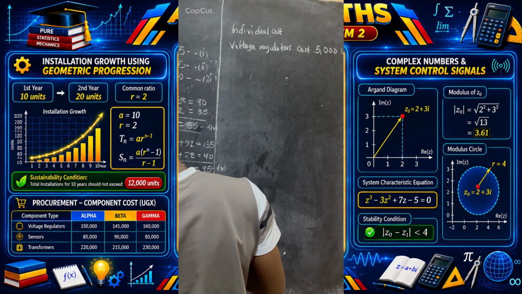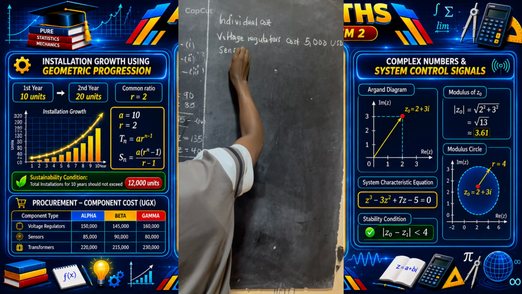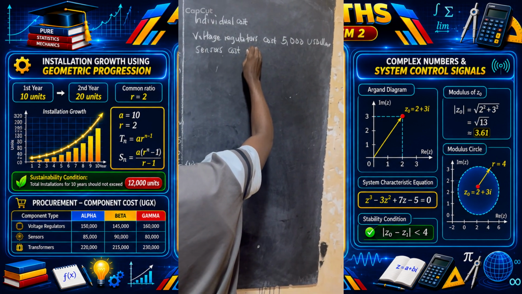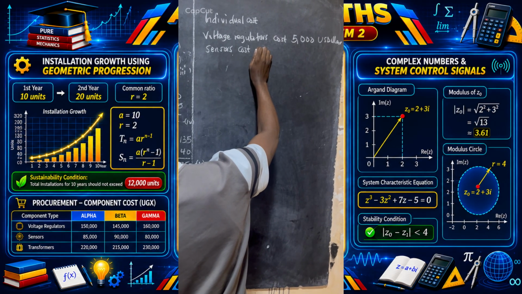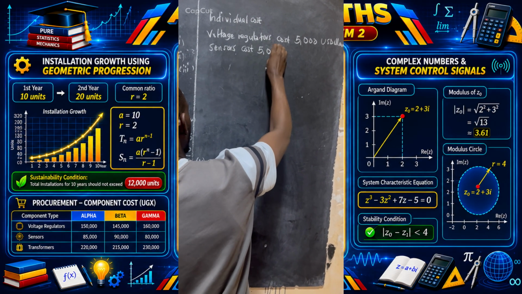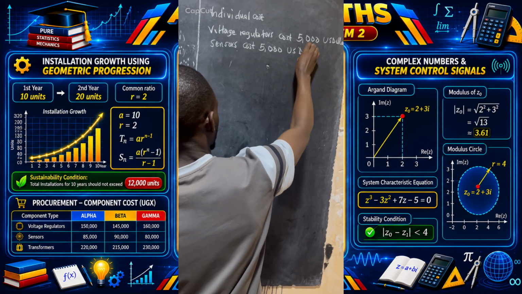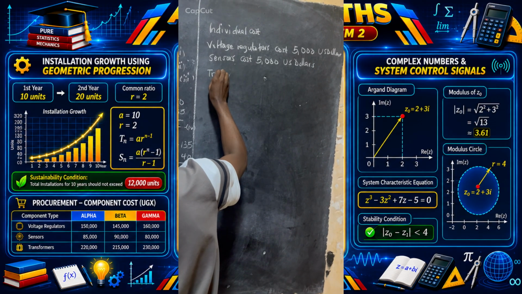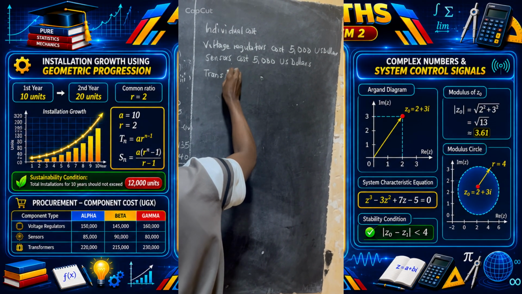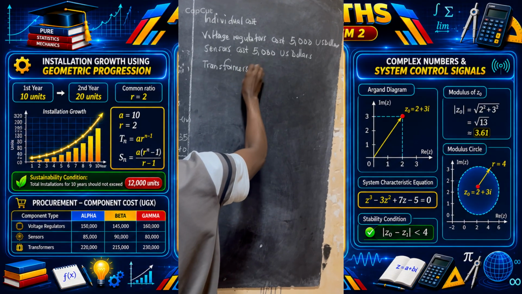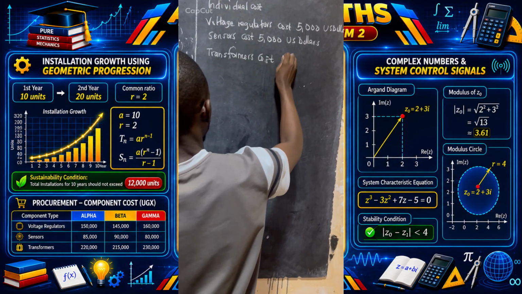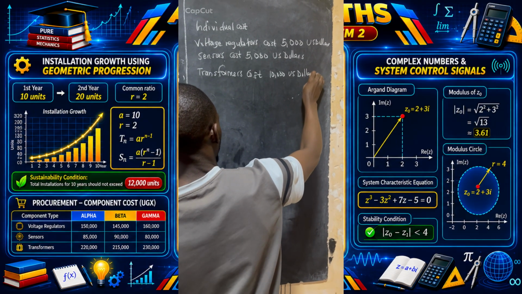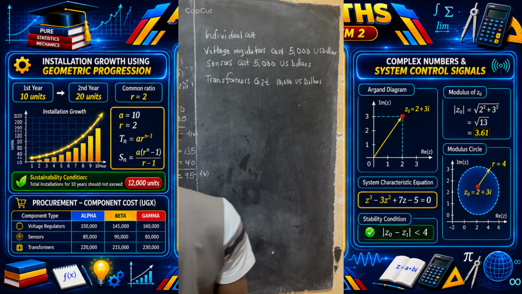Then we go to the sensors, the cost of sensors. Sensors are Y, and we are saying Y is also 5, but it is in 1,000 US dollars. Then finally, the transformers, this one's cost 10,000 US dollars. They continued and tasked us to see